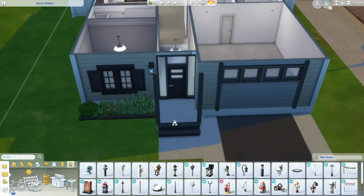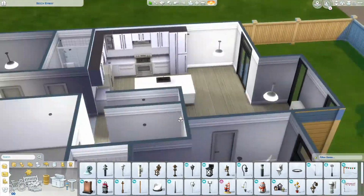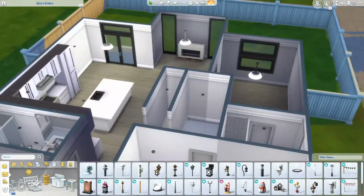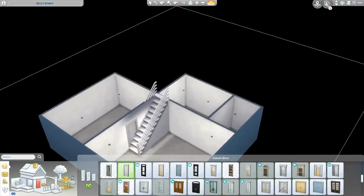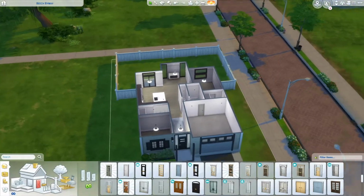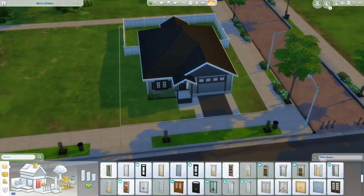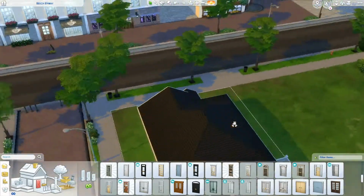Landscaping has never been something that I've been necessarily that good at when it comes to Sims and building homes. I do like doing it. I think it's really fun. It makes the home look very finished and nice. It makes the backyard look really cute as well. I find I'm just not necessarily the best at landscaping in The Sims, but I do like to usually add